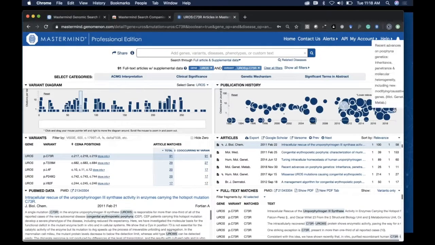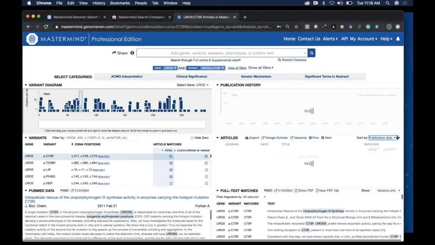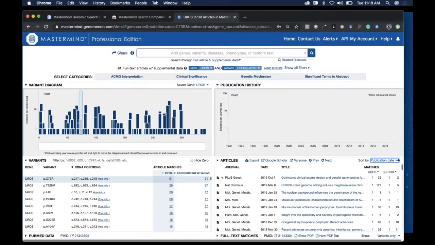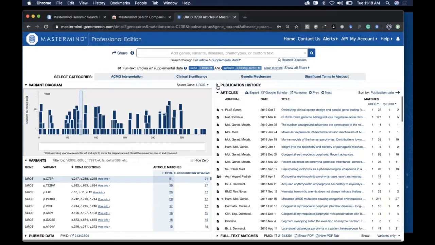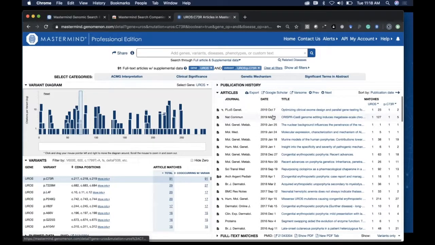Another question, as I mentioned earlier, is that you'd like to see the most recent articles because you're familiar with this variant and you're looking for any new content that may have been published since you last reviewed it. You can do that by searching the variant and sorting on publication date. So sorting on publication date, as you can see here, I'll expand this article list,